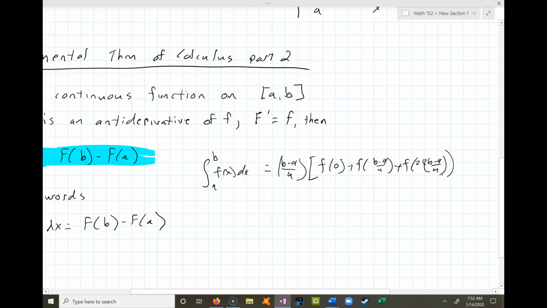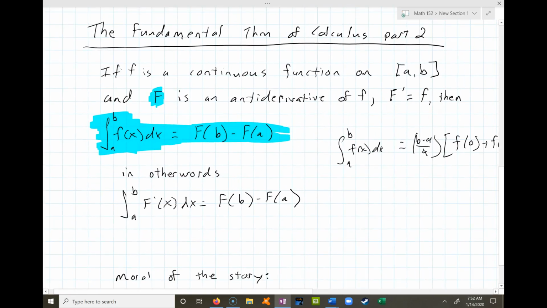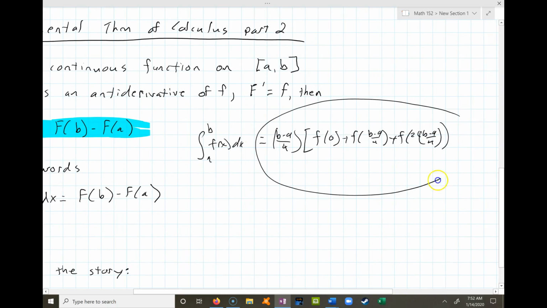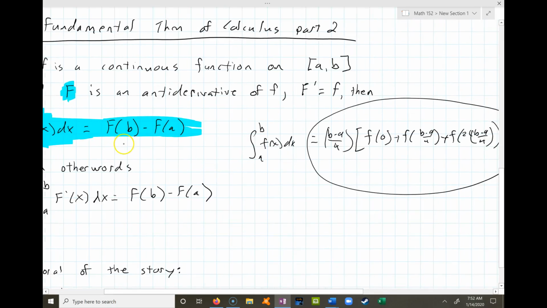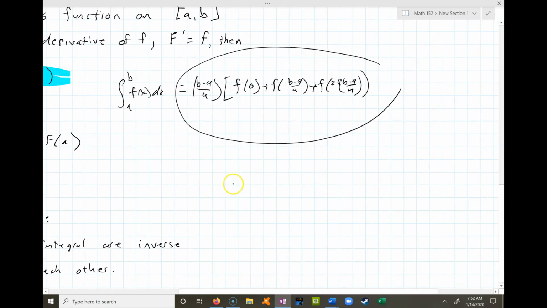So I could break that into a Riemann sum and do it, but what this little blue area is telling you is that there's an easier way. If you can find the antiderivative, then you can just find this same result by plugging the two endpoints in. So let's look at one that's really interesting, for example, the integral from 1 to 2 of x